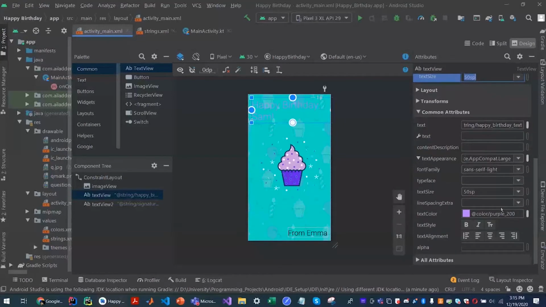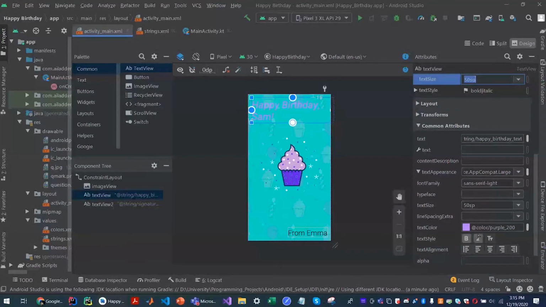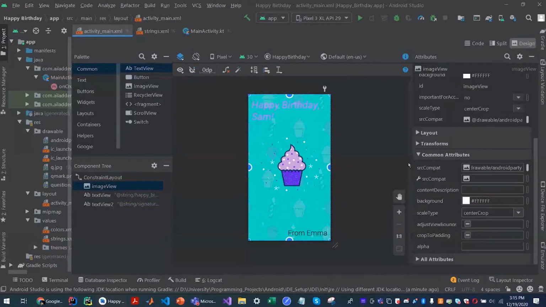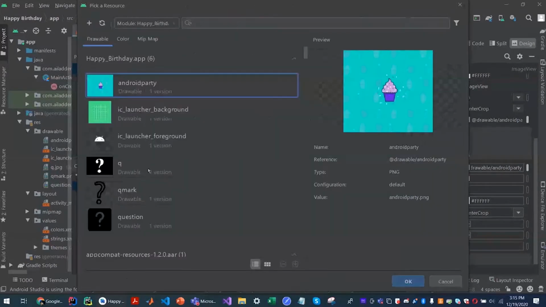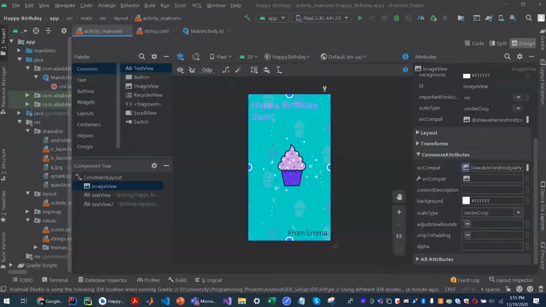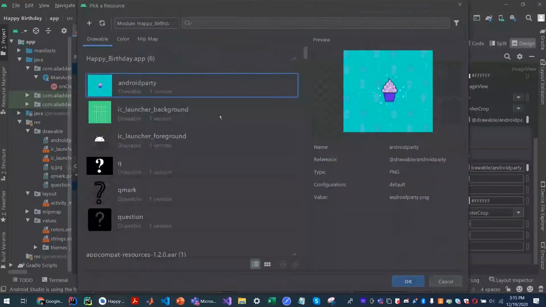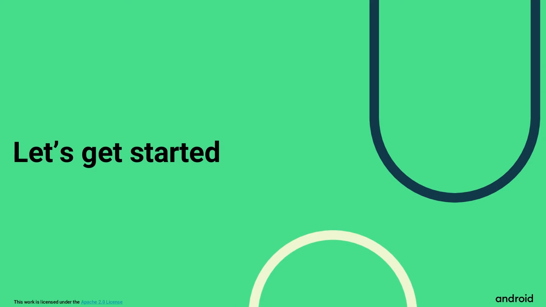And here is a text style. You can make it bold, italic. And as far as the background image goes, this is where the source for the image comes from. So all you have to do was click this here. This is what gives you the source, and pick any one of your image or any other image you wanted. That's all for the exercise. Now let's get into the actual today's session.